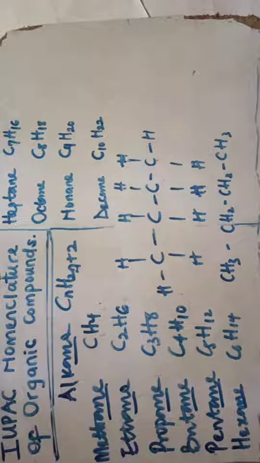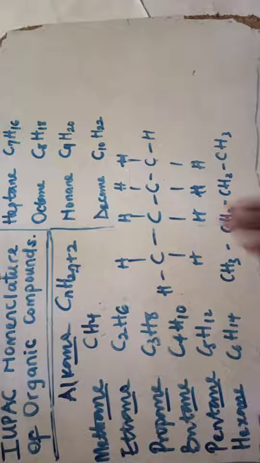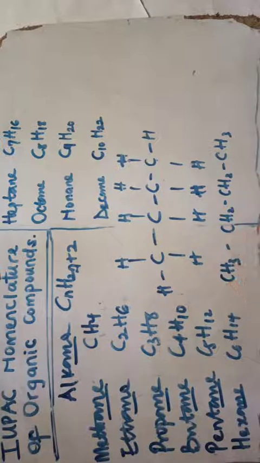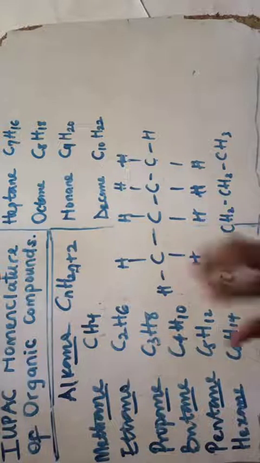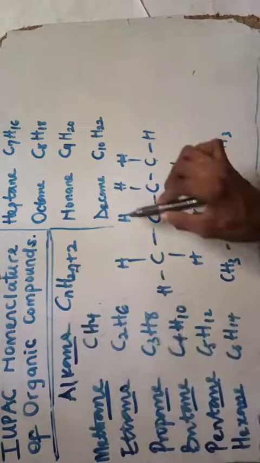Next, we need to know what we call the functional group in detail. If you know what a functional group is, you will not make mistakes in naming your compound. Functional group is what determines the chemical properties. It tells you in detail what the property of a thing is. A functional group is a reactive group attached to a chemical compound which dictates the physical and chemical properties of the molecule. This is an alkane family, so this is the functional group in this compound here.